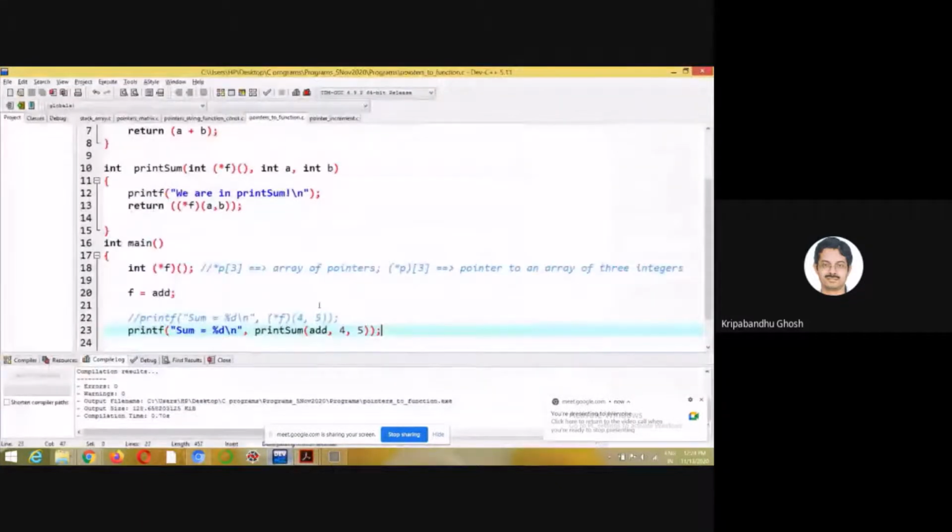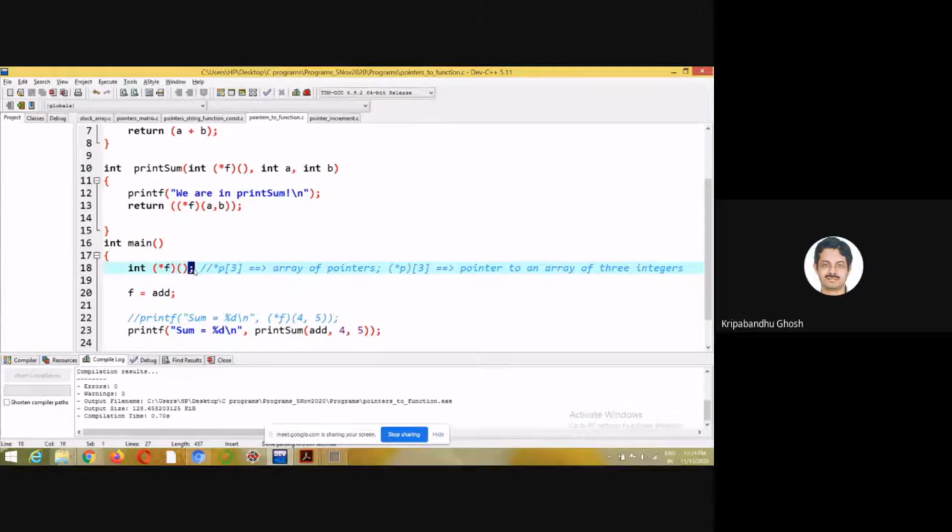So this is something for your information, but it is rarely used, because if you can pass the values to your function, or get back some result from a function, there is no real need for a pointer to a function.